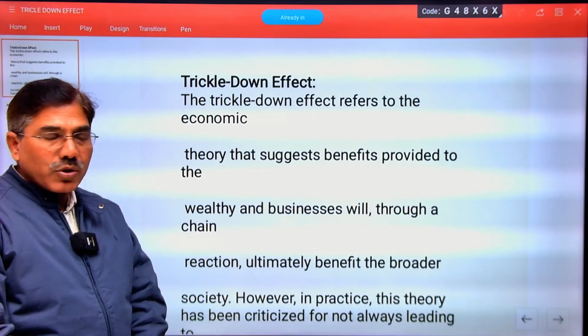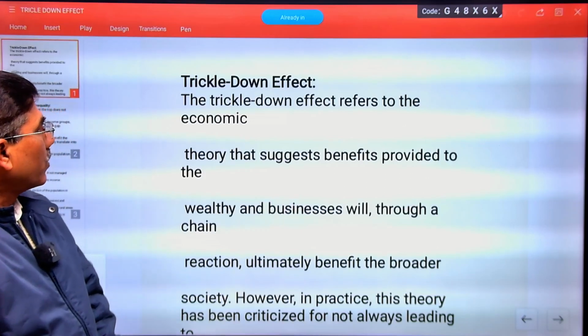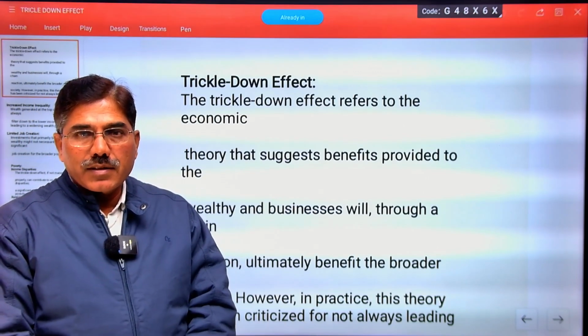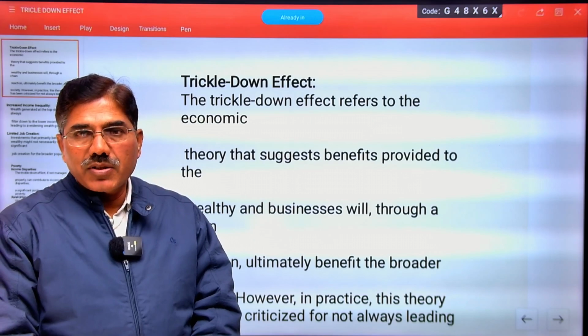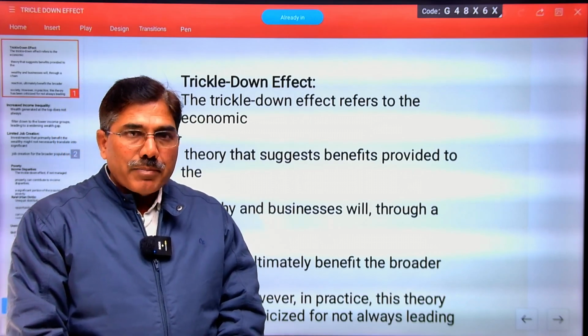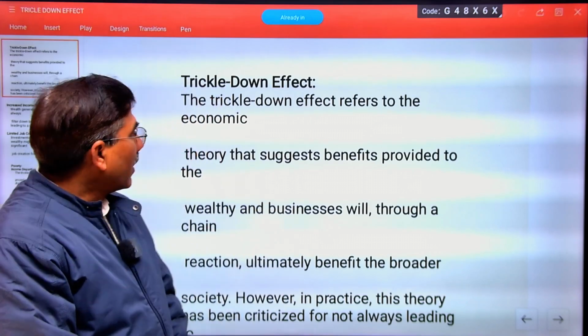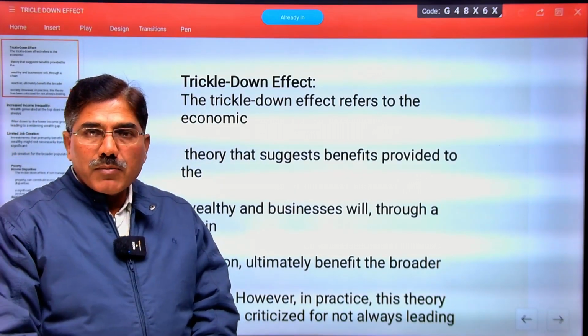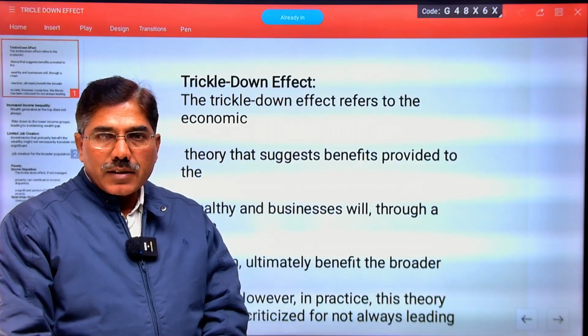Students, today I am going to discuss a very important issue for the UPSC civil service mains as well as preliminary examination. And prior to explaining this topic, that is the trickle down effect and the problem of poverty, unemployment, inequality in Indian economy,